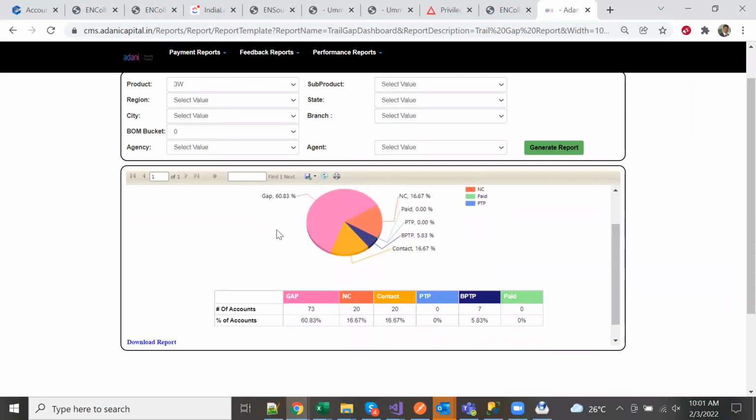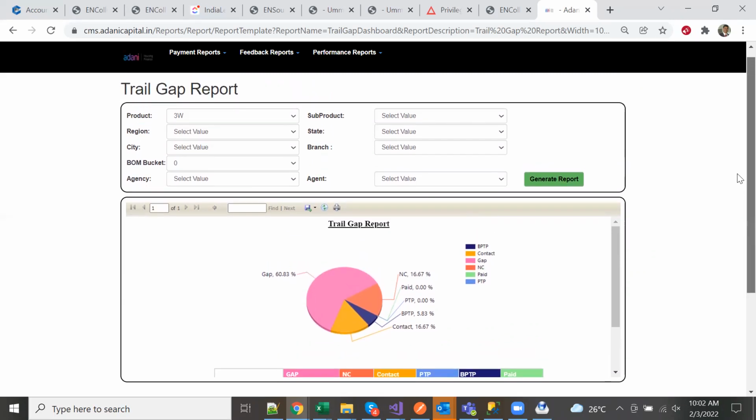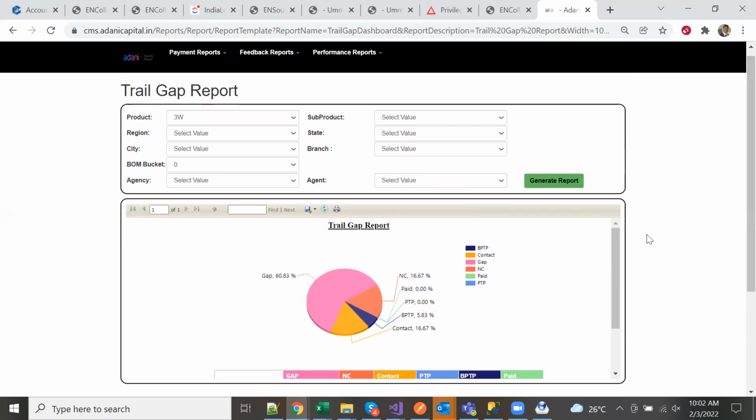This designing is something which will be done in the report builder. We'll talk about this one tomorrow. Today we will keep it out of scope. Today's idea is to see how we can support the existing report without making much of a change. You don't really need many installations. You can just go and do the improvements. Now, when I say this trail gap report, we'll go by the trail gap report. The trail gap report